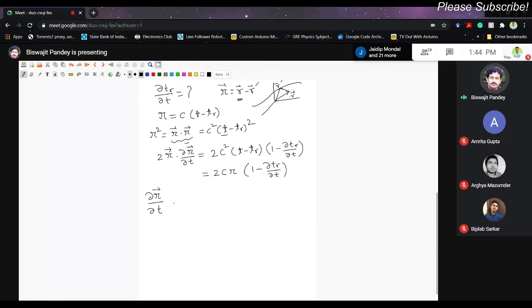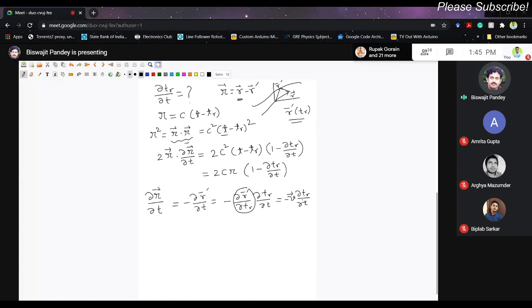So you will have basically minus ∂r′/∂t. You see r prime is a function of the retarded time t_r, right? So I can again write minus ∂r′/∂t_r times ∂t_r/∂t. And you can note that this is nothing but the velocity of the charged particle, so this equals minus v times ∂t_r/∂t.